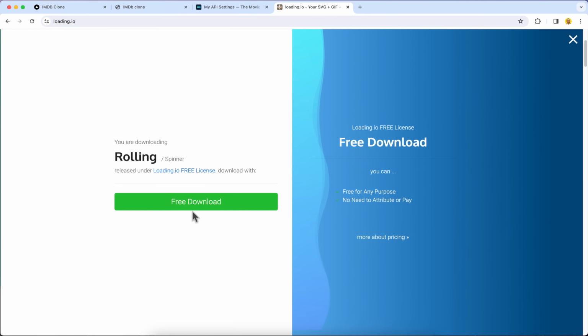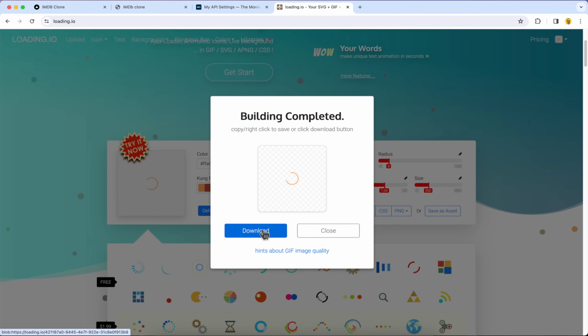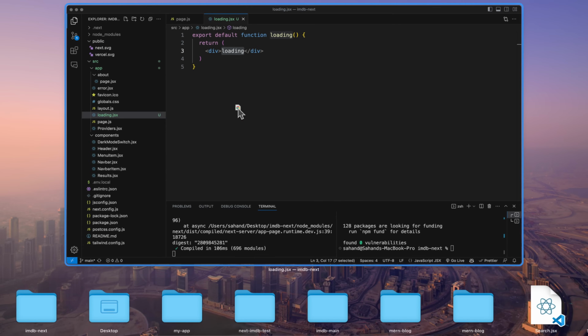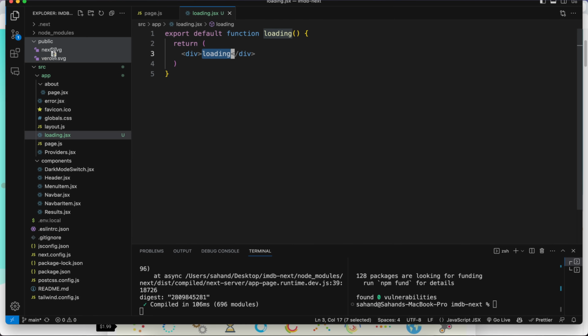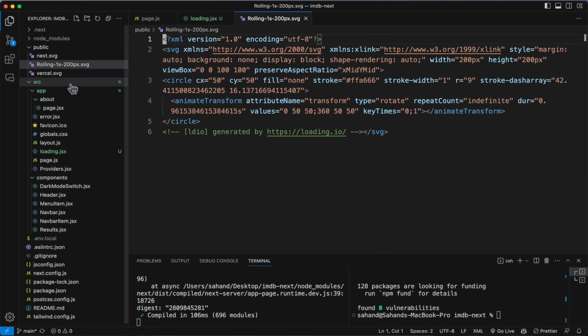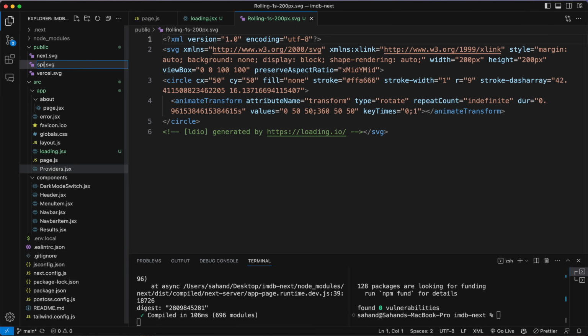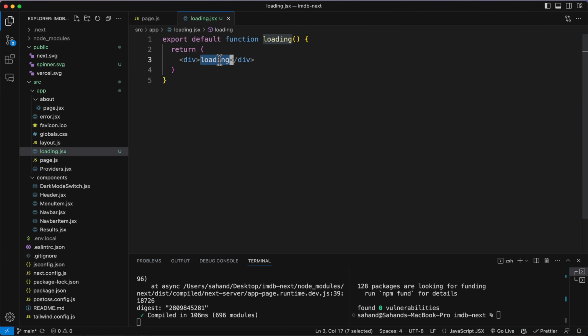Okay, now we can just click on free download and download it. So we have this SVG. We just need to drag it and bring it inside our Visual Studio Code and put it inside the public folder. I'm just gonna rename this one to spinner.svg,